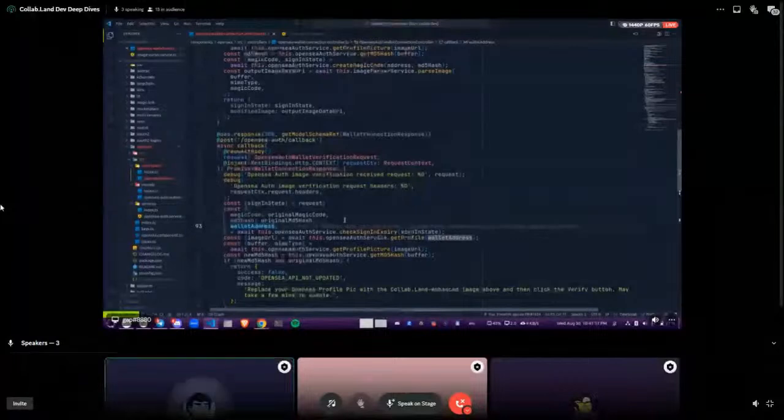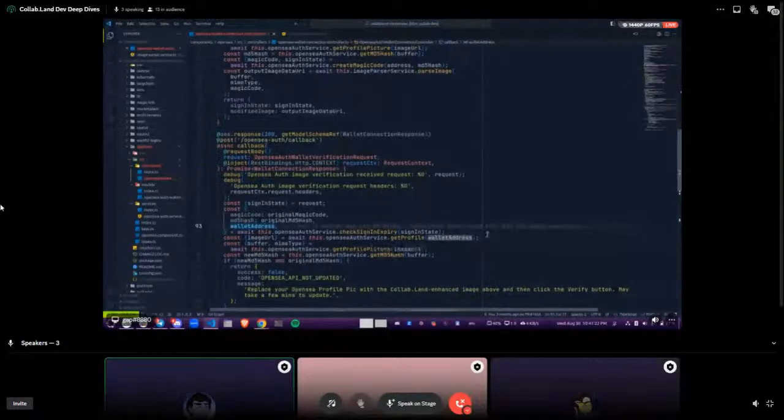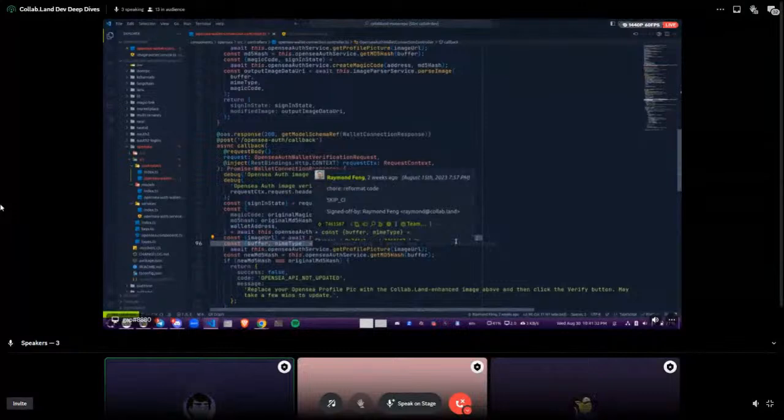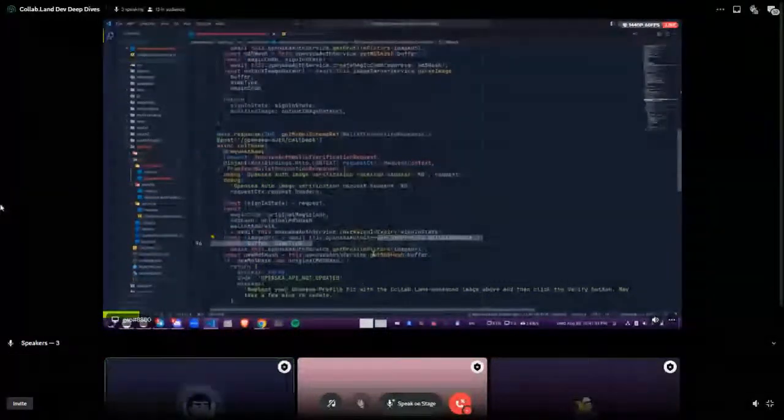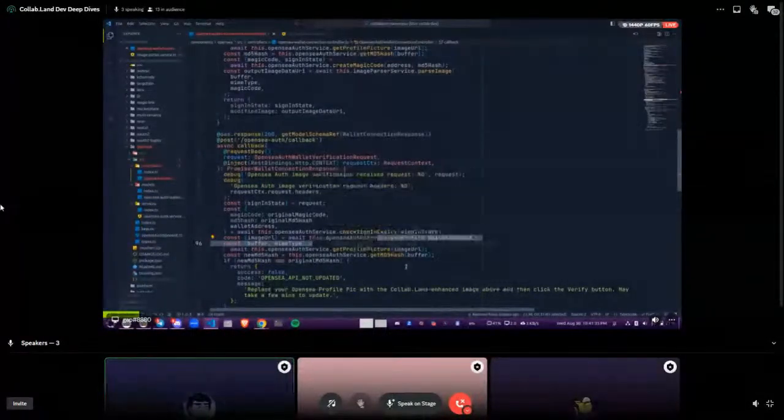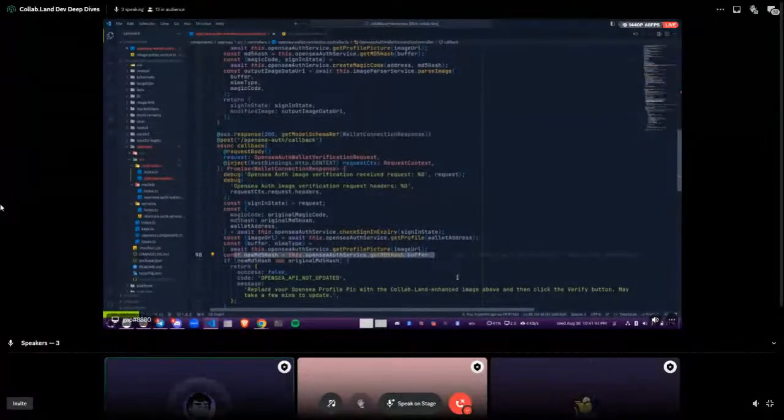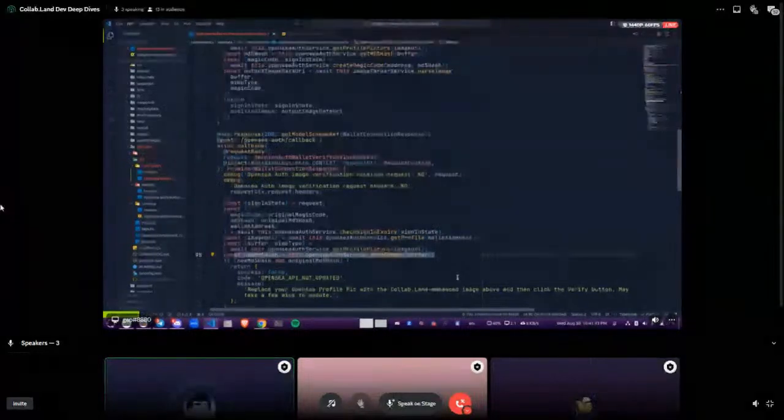So now what we do is we get the profile picture. There are two steps to getting the profile picture, as we have seen above. First is to get the profile via the wallet address. We get your profile, and then using your profile, we get your profile picture. Once you have gotten your profile picture, you can see there's this function which actually takes the original MD5,